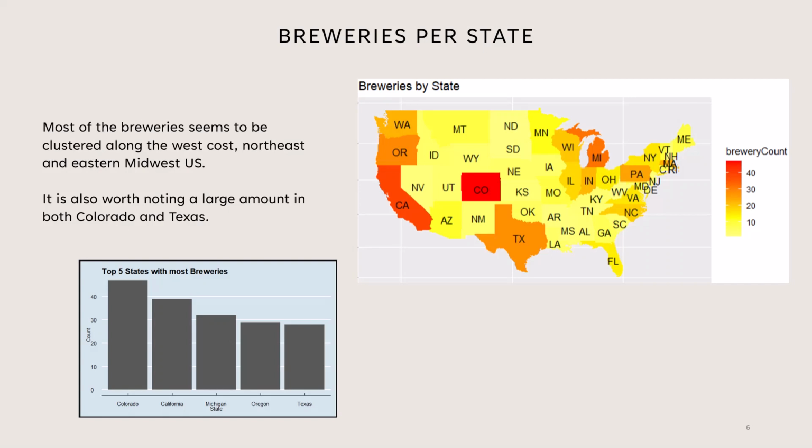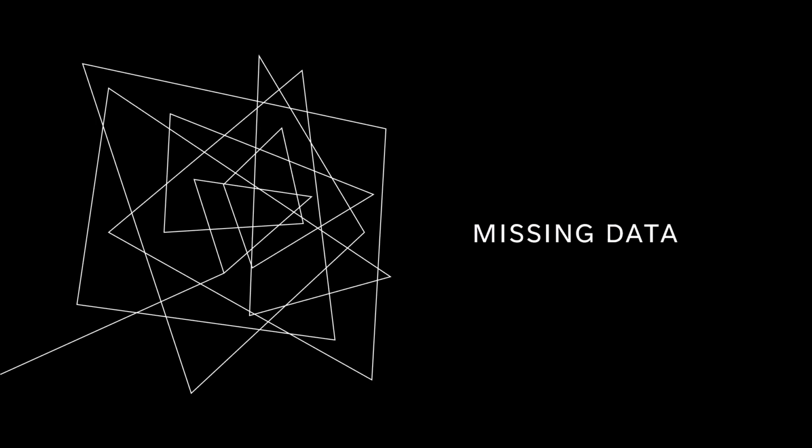You can see here when we were looking at breweries per state, there are quite a lot of breweries in the northeastern part of the United States as well as along the West Coast, with major pockets of breweries being in Texas as well as Colorado. It's interesting to note Colorado is the highest, mainly because the state has very few restrictions on breweries, and a lot of microbreweries are opening there and creating new and interesting beers because there's so much less restrictions on them.